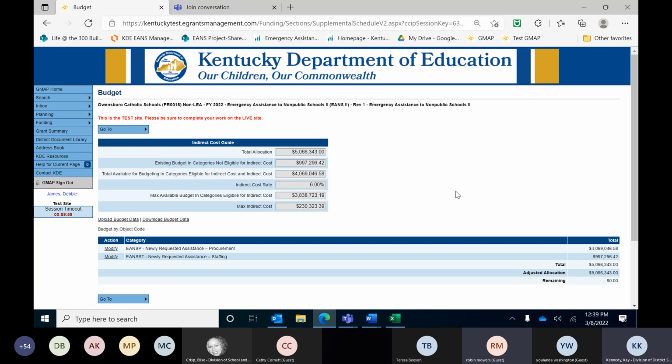And you will see good information: the total allocation, and the existing budget in categories that are not eligible for the indirect cost administrative fee, which means this is the staffing allocation. So the total available in your budget for procurements, including indirect cost, is $4 million. We automatically compute the administrative fee for you and show you the available balance, this number right here,